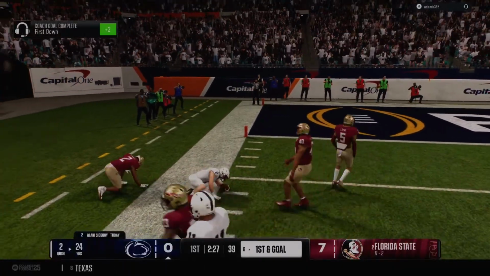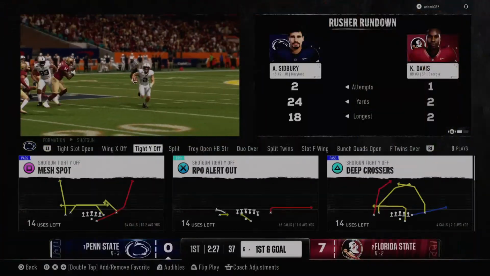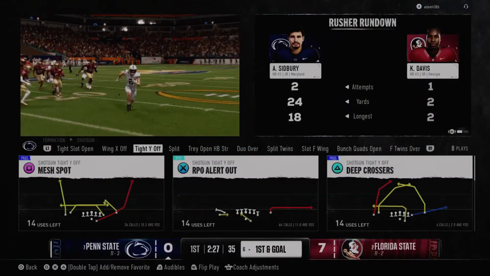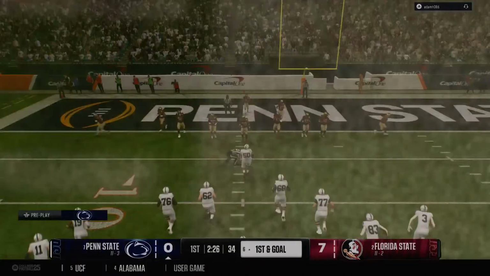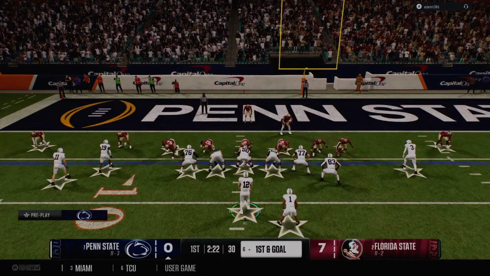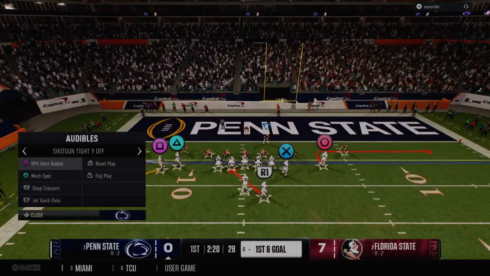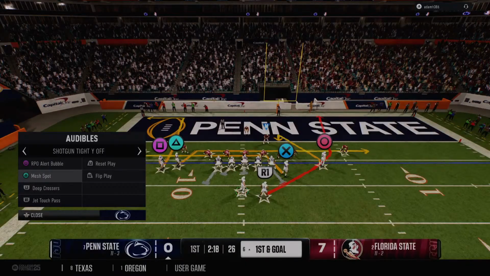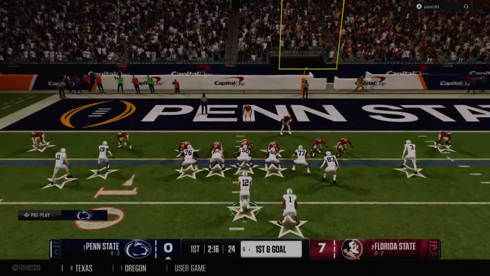It's a big gain before he goes out of bounds. It'll move the sticks more than enough for a first down. Nothing better than an offense on first down to be able to pick up big positive yards like that. You can either keep giving it to the back, or it can set up play action and get the defense to come up to the line of scrimmage, and you can throw it over top of it.